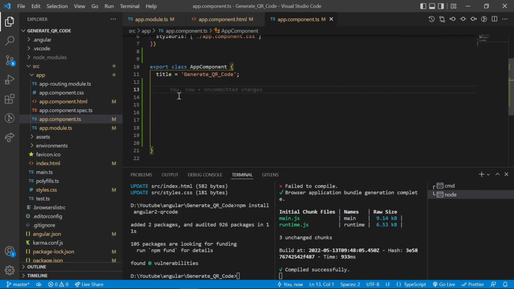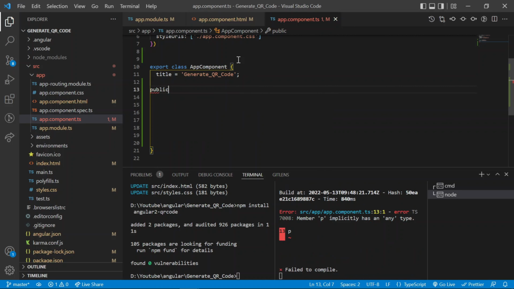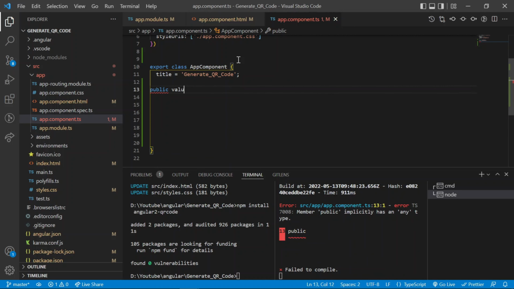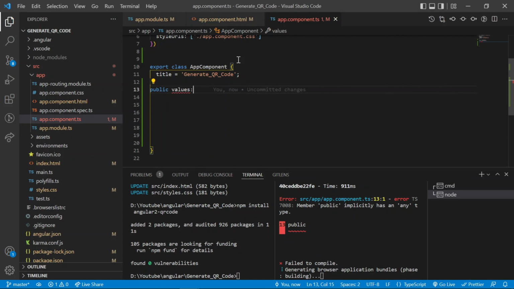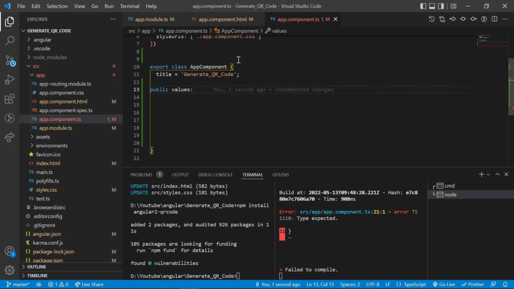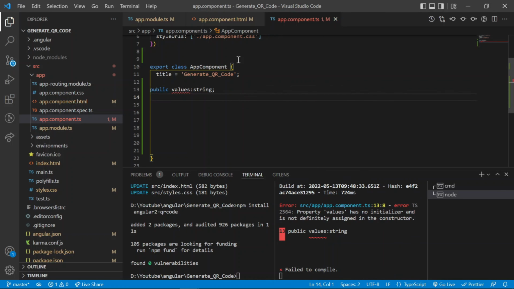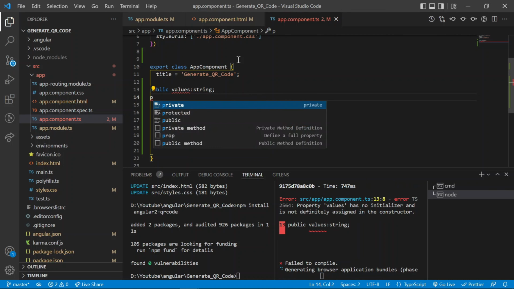Here I am going to declare some variables which are going to be used in the HTML file. So first is value. For that, public value, and the data type of the value is string. Next one is label.